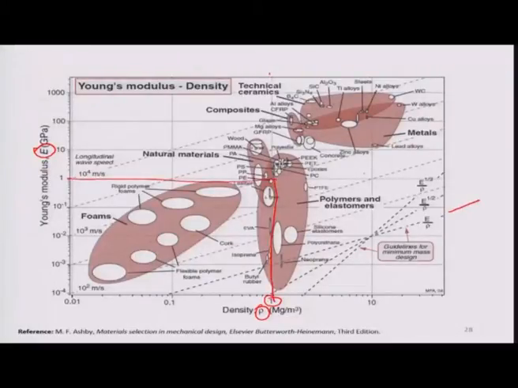Then your requirement is E should be equal to or greater than 1 gigapascal, and density should be lower than or equal to 1 megagram per meter cube. Then what will be your search region? This will be your search region.